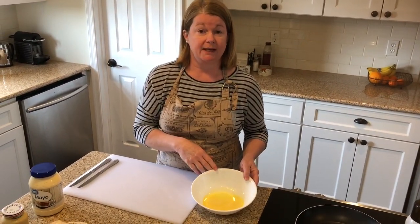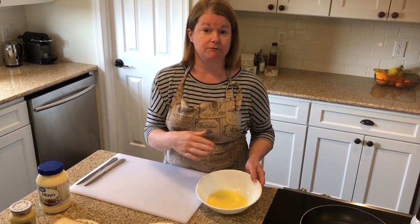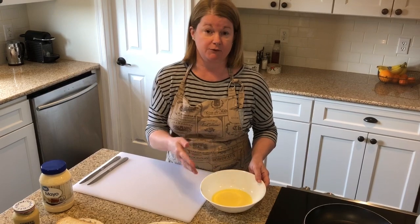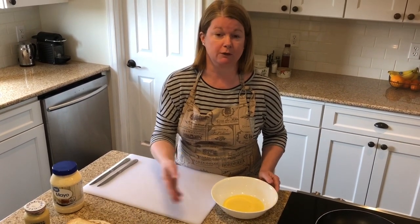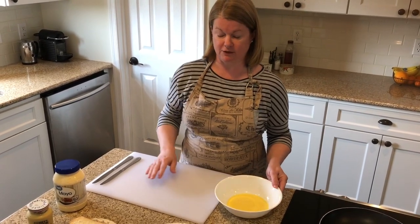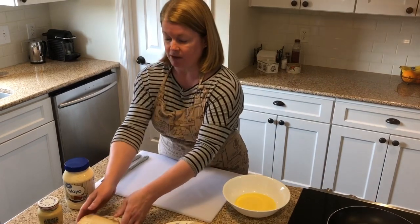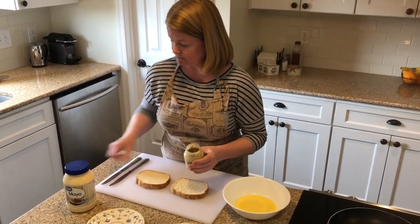1 scrambled egg with 2 tablespoons of whole milk in it. Again, you can use skim milk if you have that, or if you are running short on Swiss cheese, you could always use provolone. Basically, you just want to get down the method, but I'm going to do it the traditional style. So I'm going to start by taking my 2 slices of bread, and on one, I'm going to